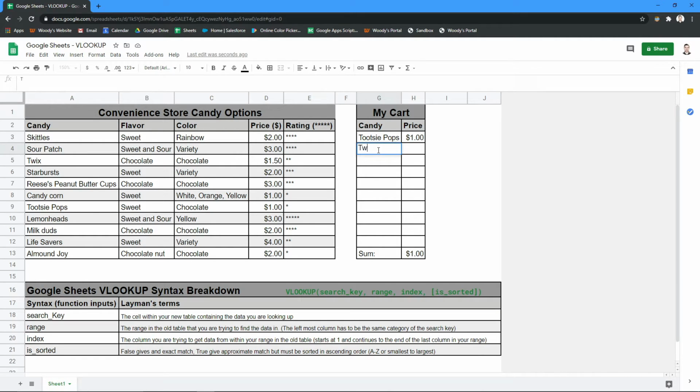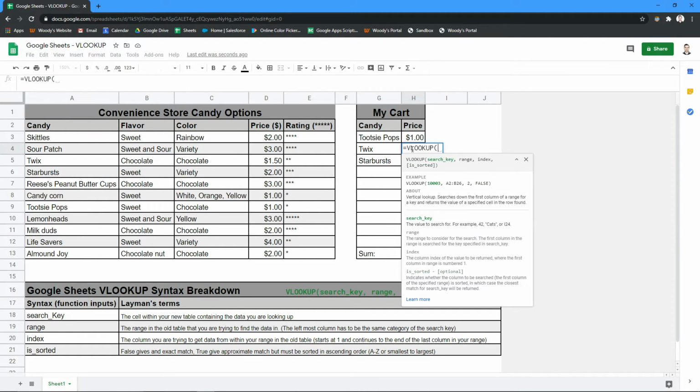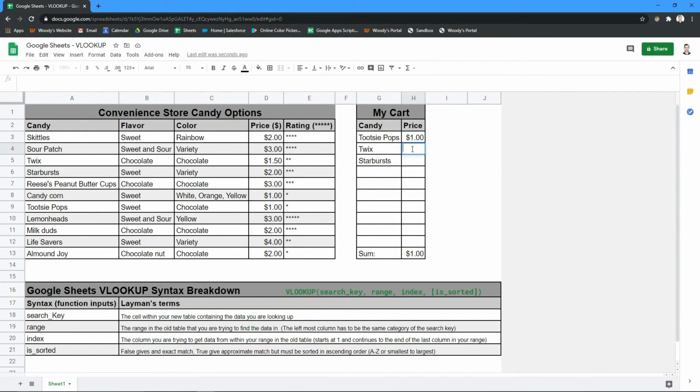Now let's look up a couple more things. We've got Twix, and we'll do Starbursts. Now we want to figure out these as well. But the problem is I have to type in the whole function again, and I really don't want to do that.